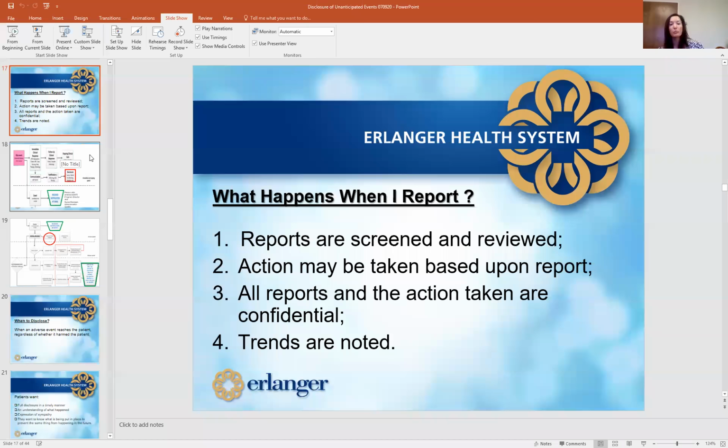Could it be that we have a lot of pressure injury situations with patients going on? Okay, let's look at what our wound care process and protocol is, and do we need to tighten that up in some way? So you're looking for trends, and depending on the event, whether that event warrants us putting in place different policies, protocols, procedures, or just educating people on existing policies and protocols to lessen the likelihood of that event occurring again. Next slide.